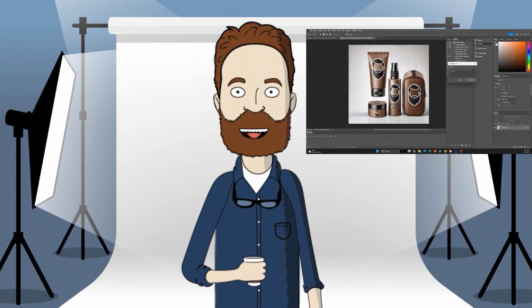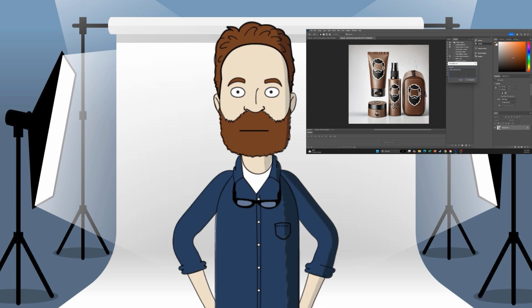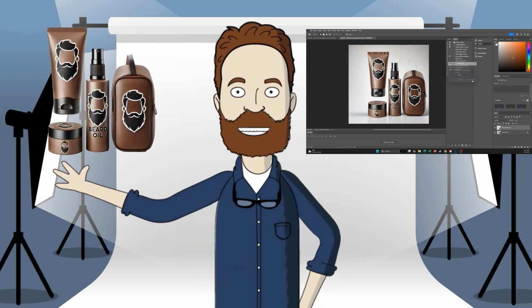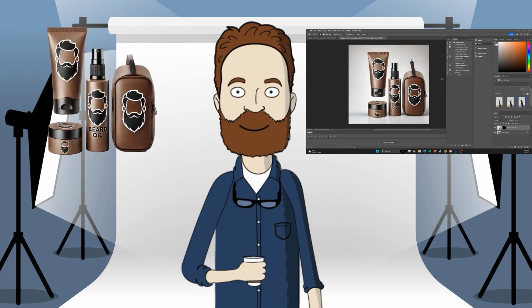I eventually ended up with something useful, but I didn't record the process of creating the final product. And since it's difficult to recreate, you'll have to settle for something akin to the final result. In the next session, we'll make the products transparent and create a new background for them.